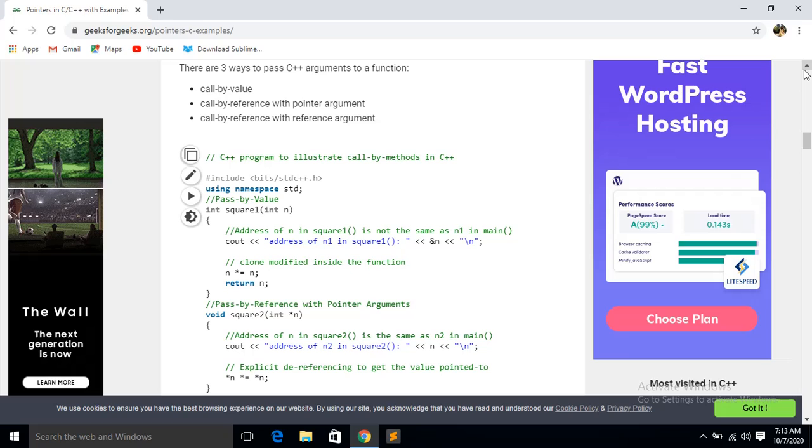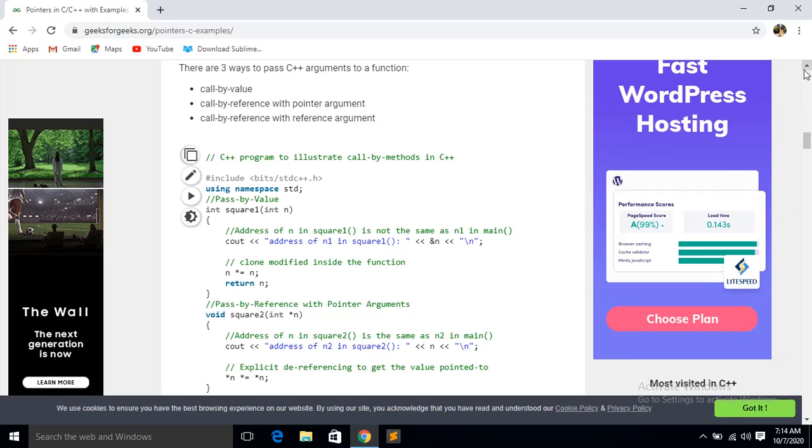You can see on page number 384, void swap int ampersand x, that means the argument they are calling the values by pass by reference. Another is given, passing two variables by passing the pointers. You can see the same program they have done by passing the pointers, that means indirectly they are calling the variable by using the pointer.